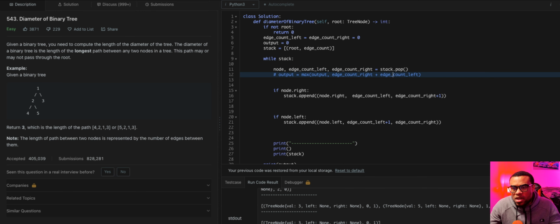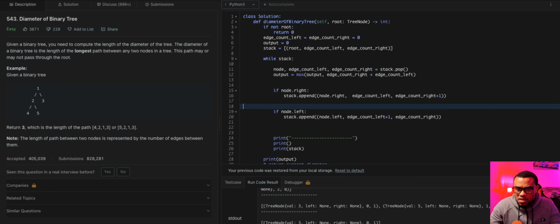No, edge count right, edge count left. Same thing here. Cool. Only difference is